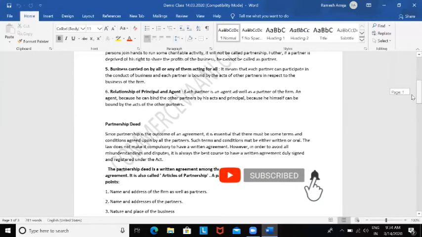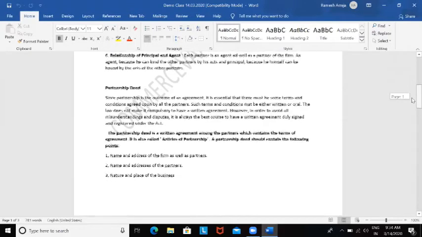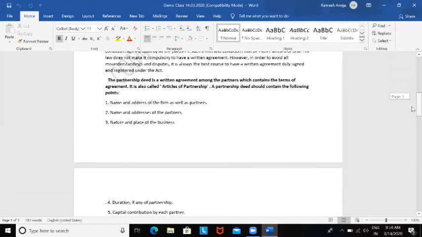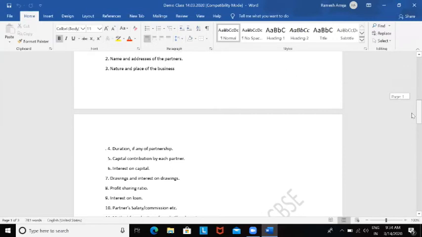The partnership deed is a written agreement among the partners which contains the terms of agreement. It is called articles of partnership. The partnership deed should contain the following points: name and address of the firm as well as the partners, nature and place of the business, what kind of business you are doing, at what place you are doing, duration,